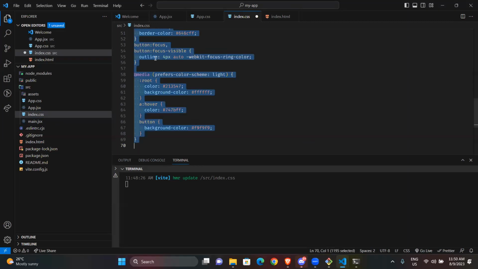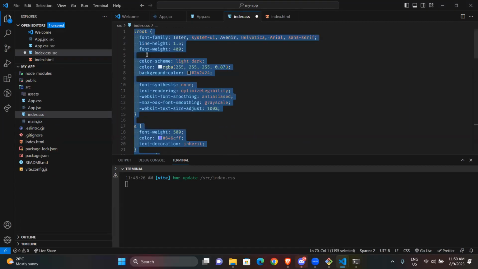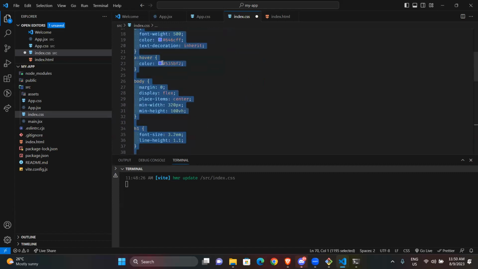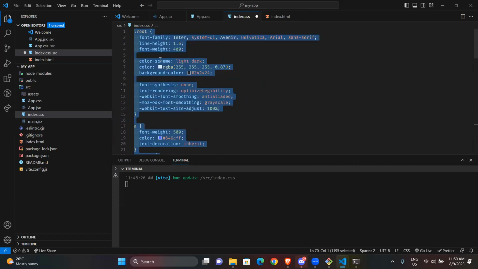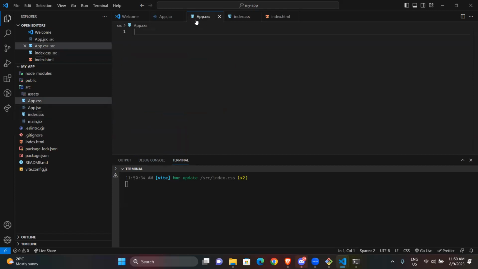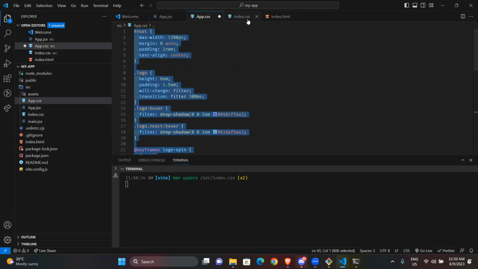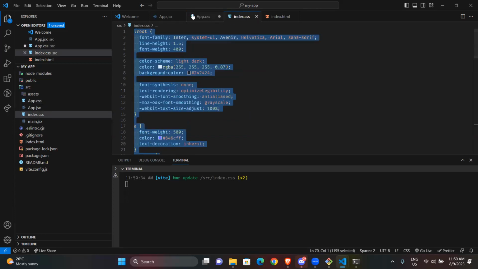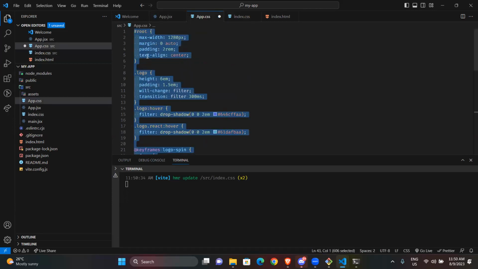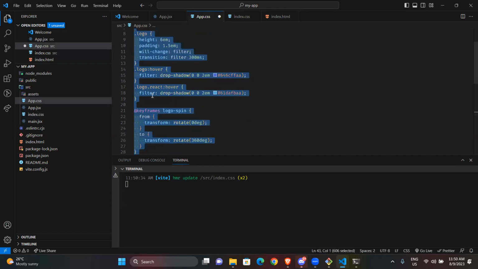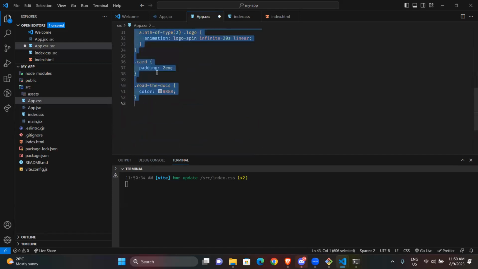I think it's different. If you check, this is roots, and I think this is like a global kind of styling. Whereas this other one, app.css, this is more specific for this file, then the keyframe and all of that.